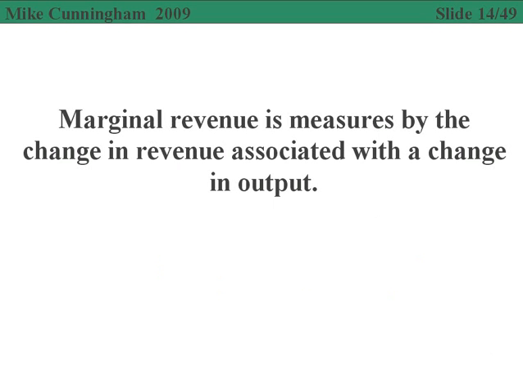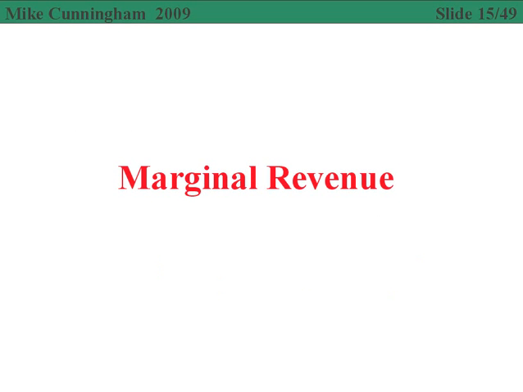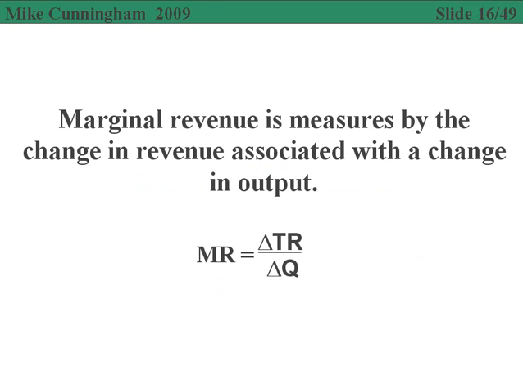Marginal revenue is measured by the change in total revenue associated with the change in output. This one's a bit more complex, so let's start by having a look at marginal revenue. We've covered average, now let's look at the marginal. So it's measured by a change in total revenue associated with a change in output. So if we do that in this expression here, the marginal revenue, MR, is